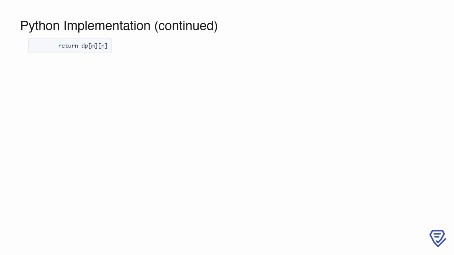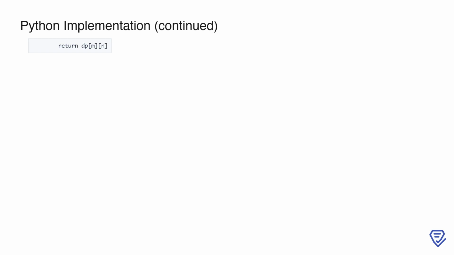This process systematically builds the solution for the entire problem, one subproblem at a time. Finally, the answer to the problem is found in the bottom right cell of the dynamic programming table, DP[m][n]. This value represents the minimum number of operations required to transform word1 into word2. By returning this value, we complete our implementation of the minDistance function. This approach ensures that we compute the result efficiently, using dynamic programming to break the problem into manageable subproblems while